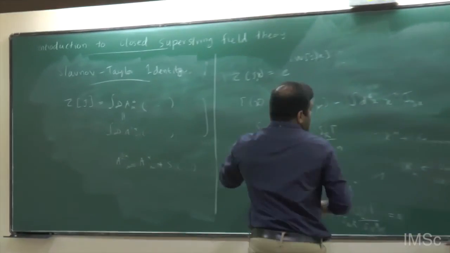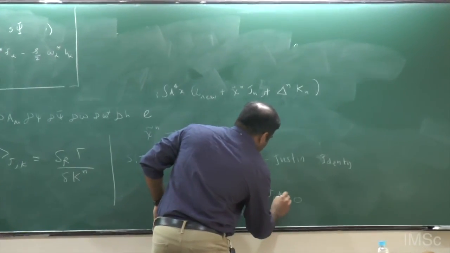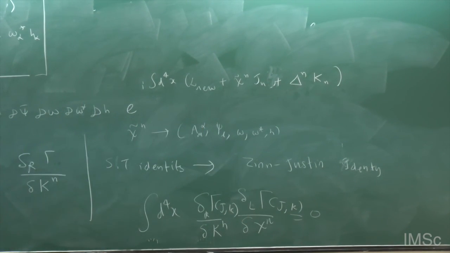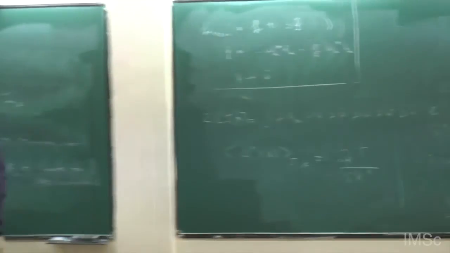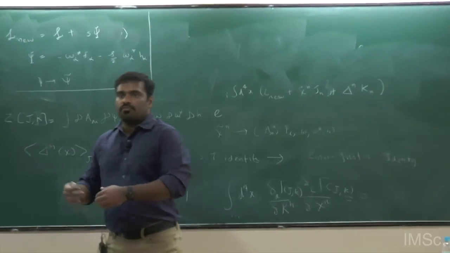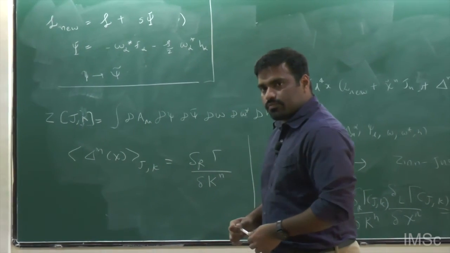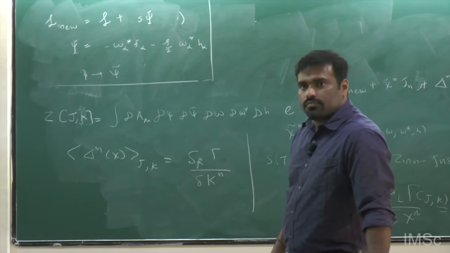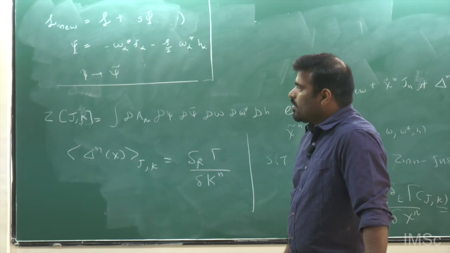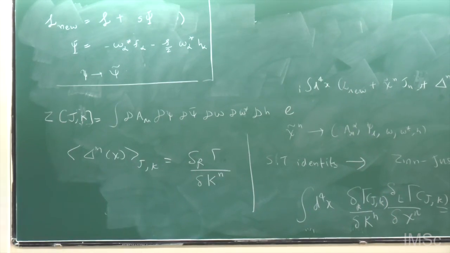Here, yeah. So gamma is a function of j and k. So you also have to subtract for x k times something. Yeah, that's true. So you have to do a Legendre transformation for each source, right? So here the fundamental fields are BRST closed, right? Then delta n, S times chi n. S chi n, right?